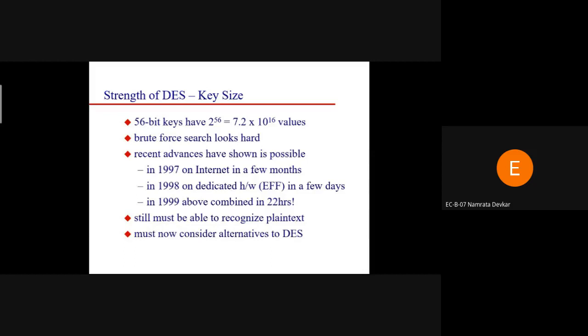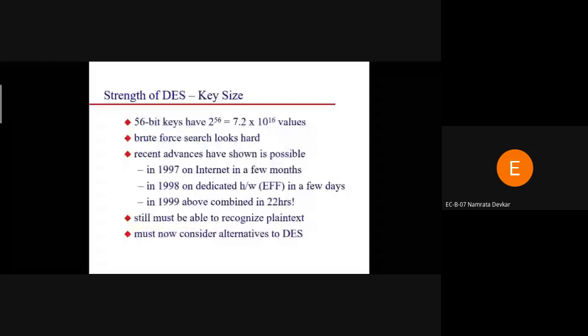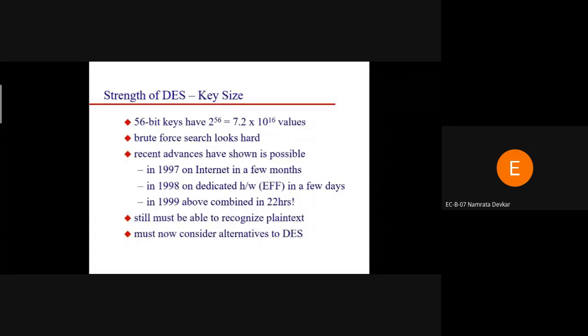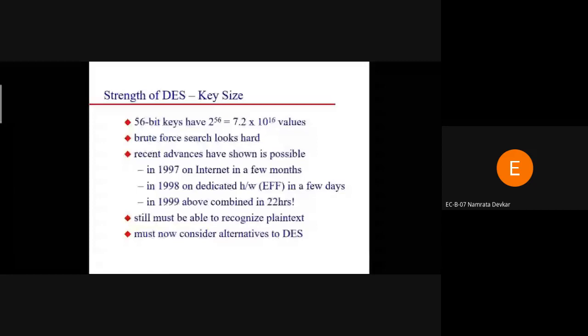So we have to find various alternatives for DES. There are a number of alternatives for DES, that is double DES and triple DES. These are the more advanced algorithms, but the basic concept of DES is used in all of them, whether it is DES, double DES, or triple DES. So these are the key points regarding the Data Encryption Standard.